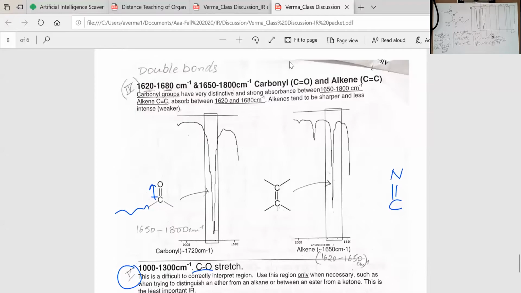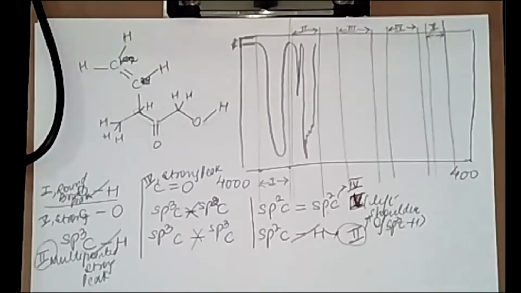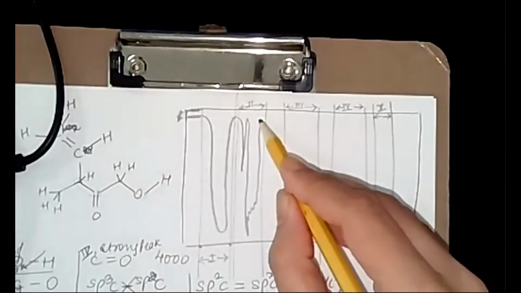So for my C double bond O peak in region 4, I have nothing in region 3, so I don't have to draw anything, but I need to show this continuous line. Between 1600 and 1700, I will have my strong peak, and between 1620 and 1650, I can draw my